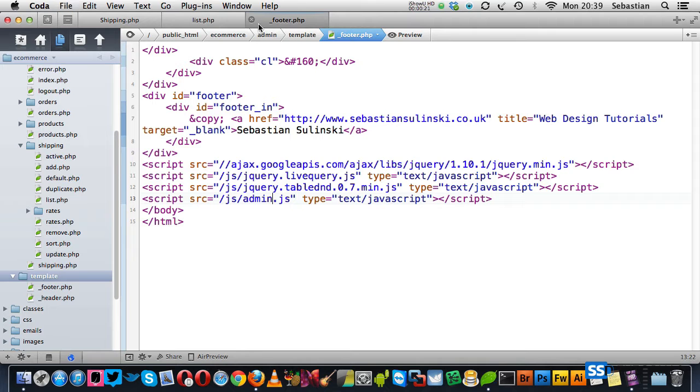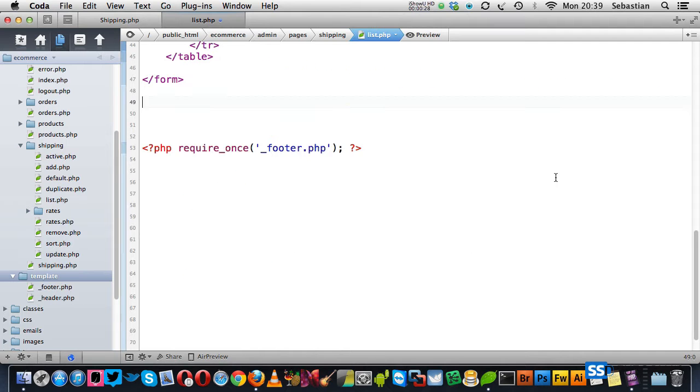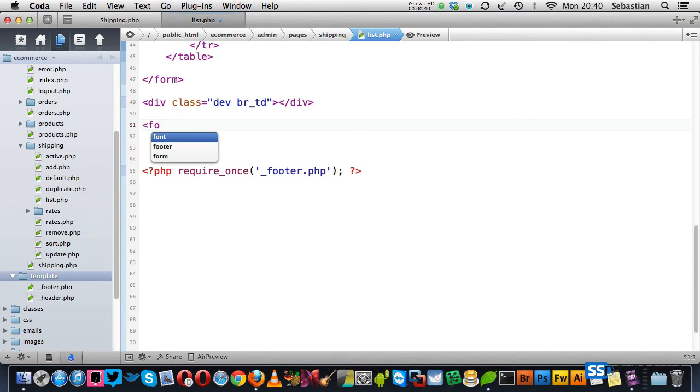If we now save and close the file, go back to our list.php, and after our previous form, if we create a few new lines and start with a div with the class dev br_td, which is basically border top dashed. And then if we close this div, we go for another form, method post again,